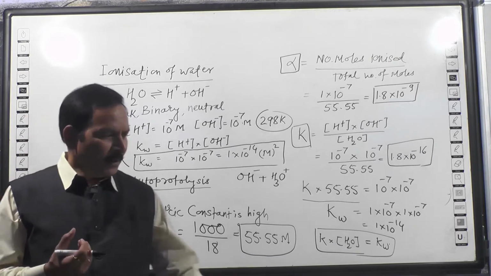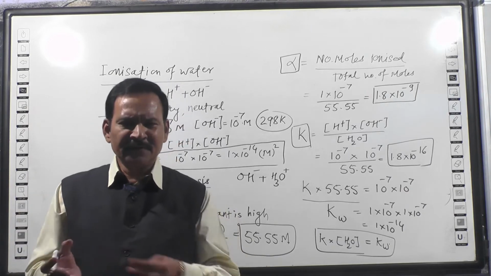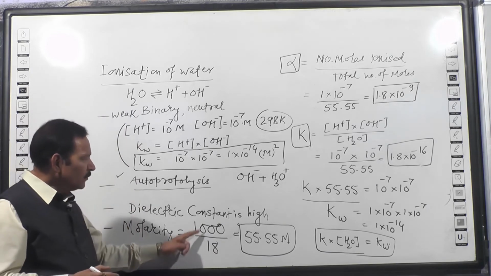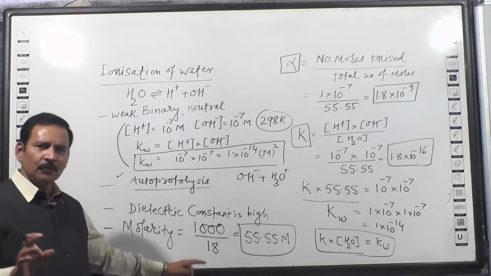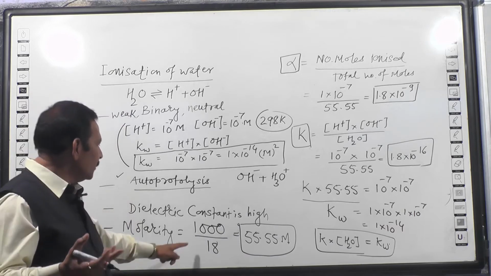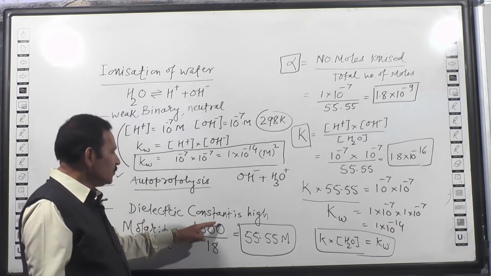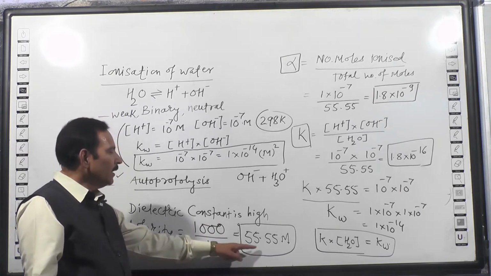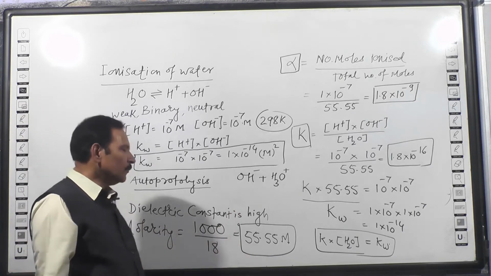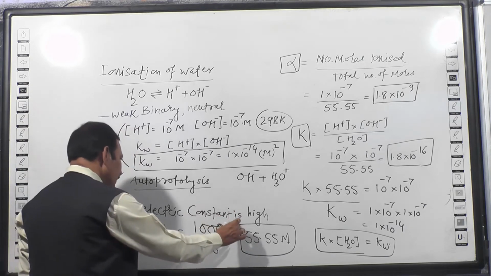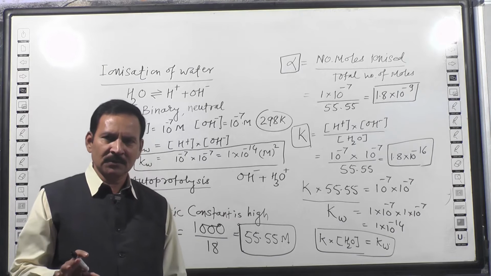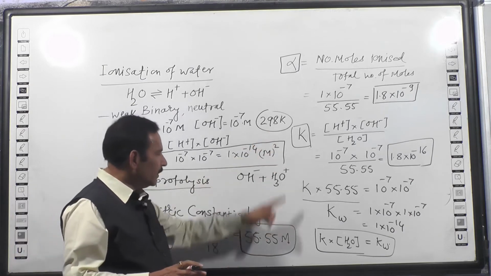What is the molarity of pure water? We have seen in solutions last year different concentration units. In that, what is molarity? Mass of water divided by molar mass of water. Suppose 1 liter of water is taken, 1000 ml means 1000 gram because density is 1 gram per ml. So the mass of water taken divided by molar mass 18, the value comes to be 55.55, or in some books it is given as 55.56. So this value is to be remembered. इसको आपको याद रखना है हमेशा के लिए. This molarity of water does not undergo any change. It is a constant property at 298 Kelvin.